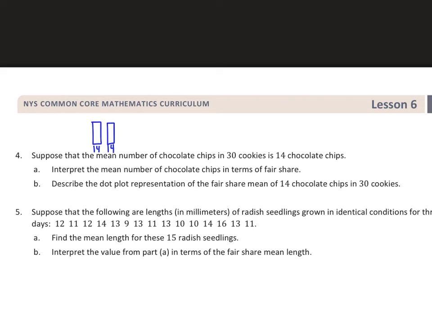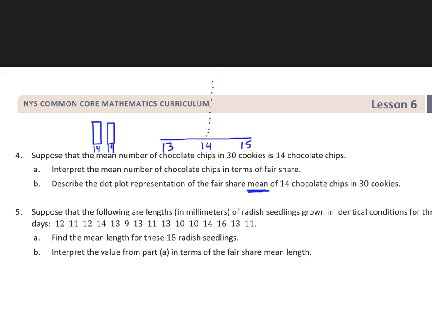And the dot plot, right, for the second part, we have 30 groups of 14. It's already the mean. We don't know what the individual data was. We just know that of the 30 groups there'd be 14. So we'd have 14 right here, right? We could say this is 13, this is 15, and we would have 30 dots that, of course, would be straight, not looking like that, going up, because that would be how many cookies had 14, based on what the